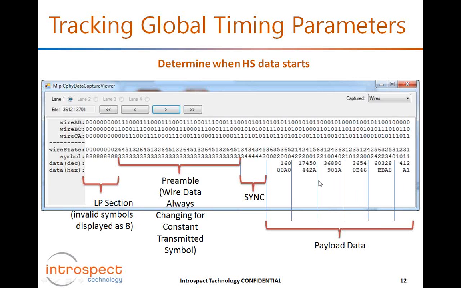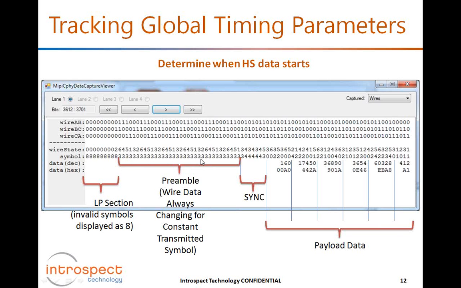However, one of the very important parameters of low power and high-speed transmission, as I mentioned, is the time it takes to go from LP to HS, and does that fall within spec or not? And that's critical for interoperation from various vendors. And so in this view here, we show how we would like to detect the various transitions, from LP, in the case of C-PHY, where there's invalid symbols, and then after LP, right away, the transmitter starts to send the